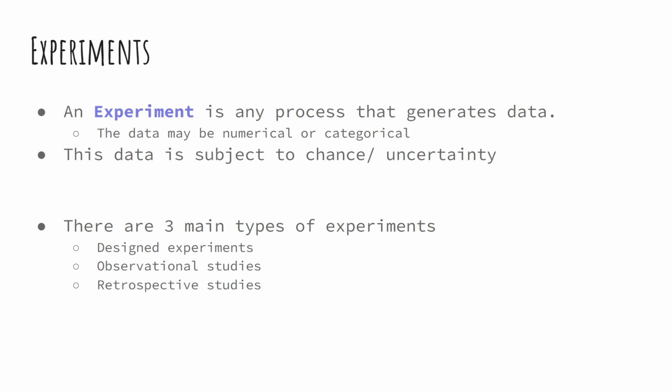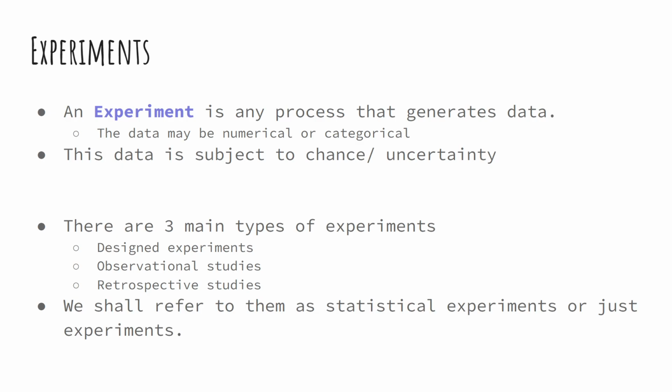Okay. Yeah, also one retrospective study is you once you finish collecting the census data, and after some years you can look back at it and take some conclusions. Like for example, we can say in 1951 India's population was so and so. 2021 India's population is now so and so. But this becomes a retrospective study. You didn't design the survey. The survey was conducted at some other time. You are just taking a conclusion from the existing information which you have of the survey, census survey. Okay. So we will just call them as statistical experiments or just experiments in brief.